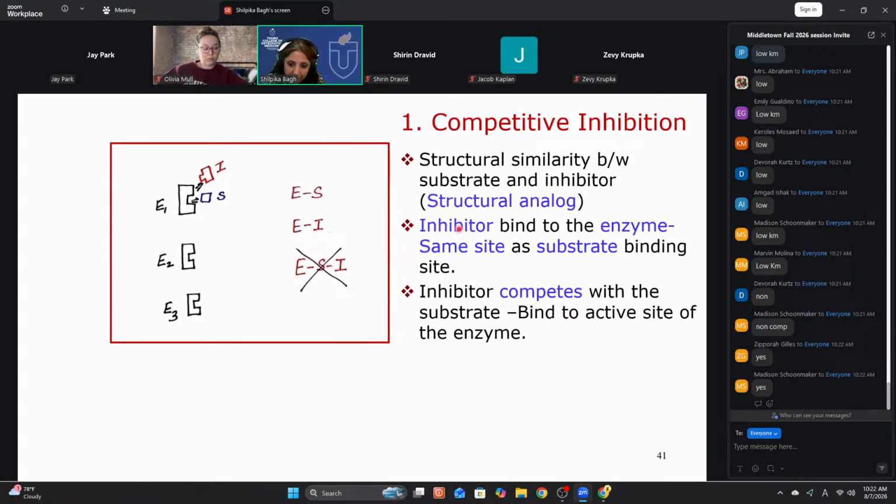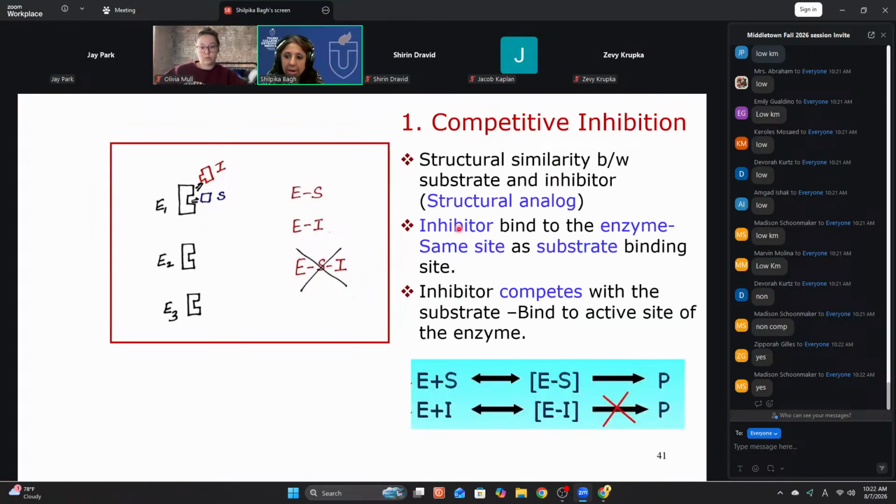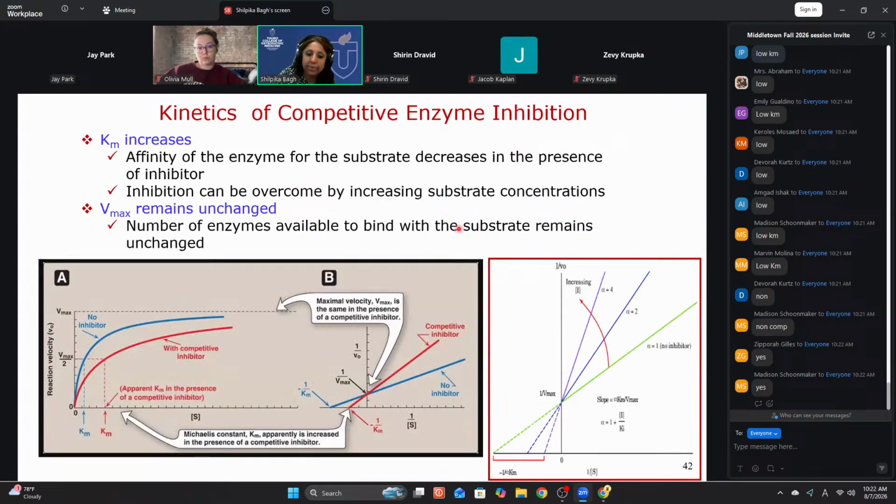Please, not just why this slide is there, not just knowing the graph, also understand through the graph. Although I told you when it's a hyperbolic curve, see what is changed. In a double reciprocal plot, quickly see what is unchanged, but also do the kinetics. For example, when you say competitive inhibition, is there a similarity between the structure of substrate and inhibitor? I'm just giving you one example.